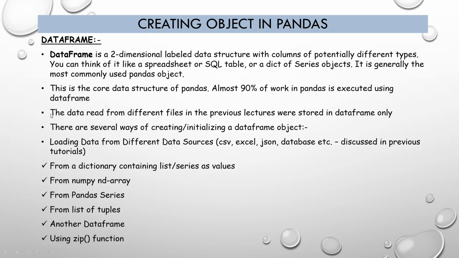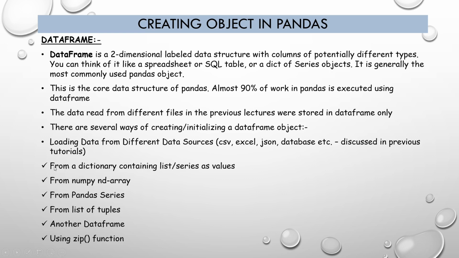So in a data frame, the data can be read from different data sources. It can be different files, it can be a SQL server, MySQL, a JSON, or any other data source for that purpose. So in my previous videos, I have already showed you how we can read data or how we can import our data from an Excel or a CSV or a JSON. We are gonna see what are the different ways of creating a data frame.